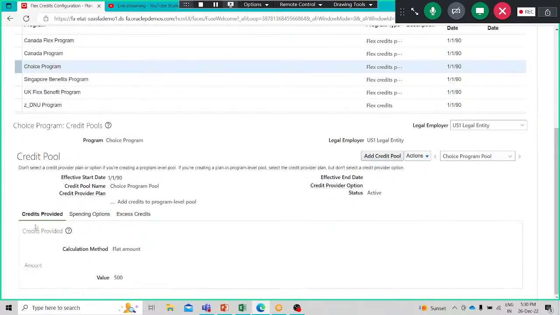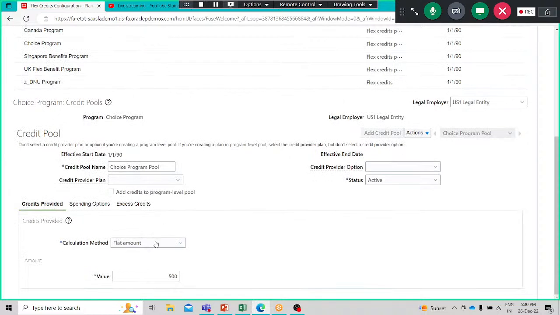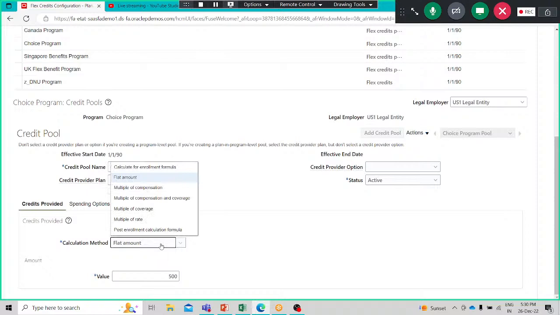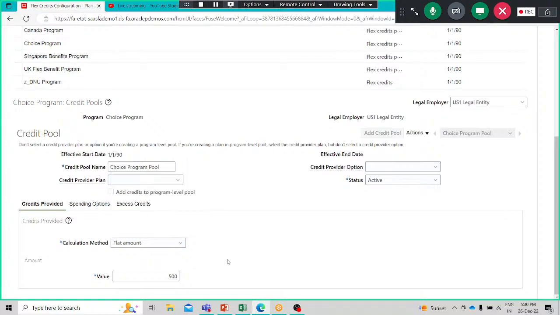So here you can see the credit provided tab. Here you can use your calculation method. Just click on it. Here you can see your calculation method, such as flat amount, right, to determine the flex credit pool's value. So you have different options for the calculation here, and then here you can define your amount, and